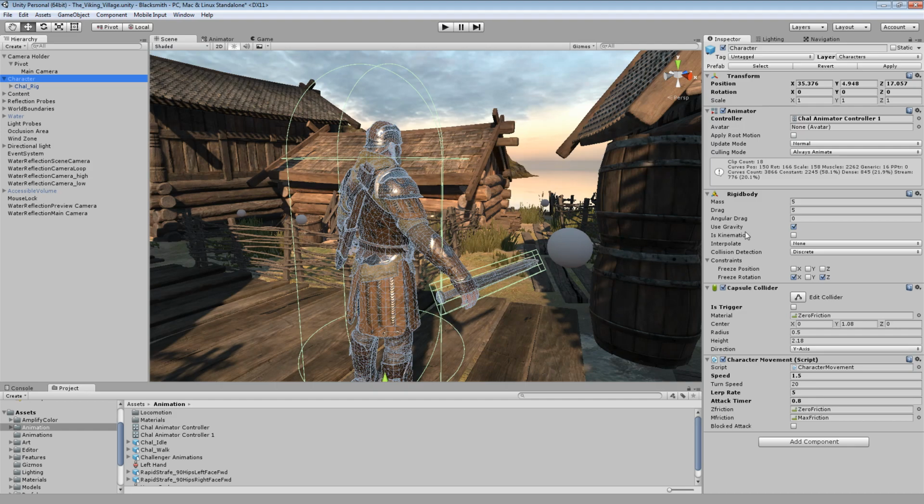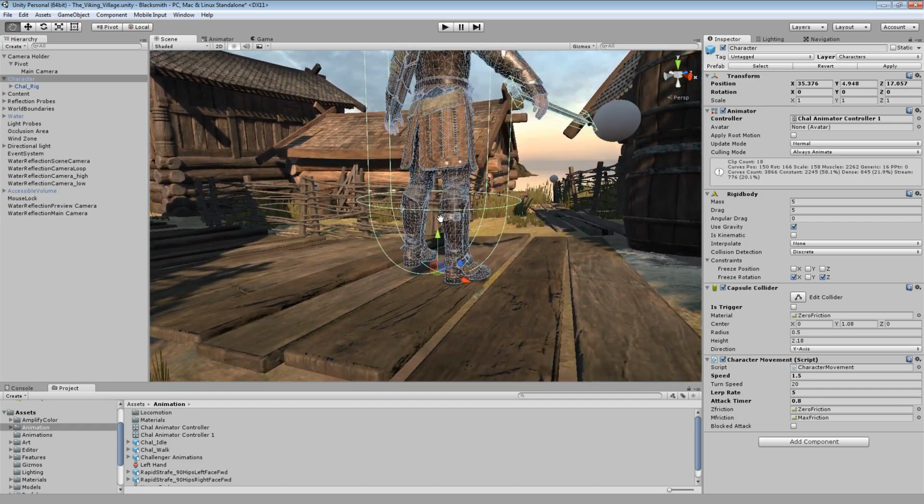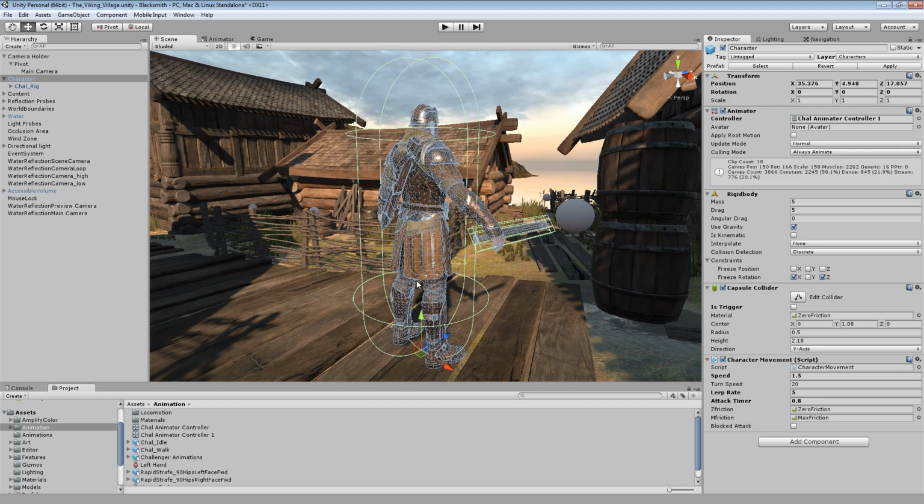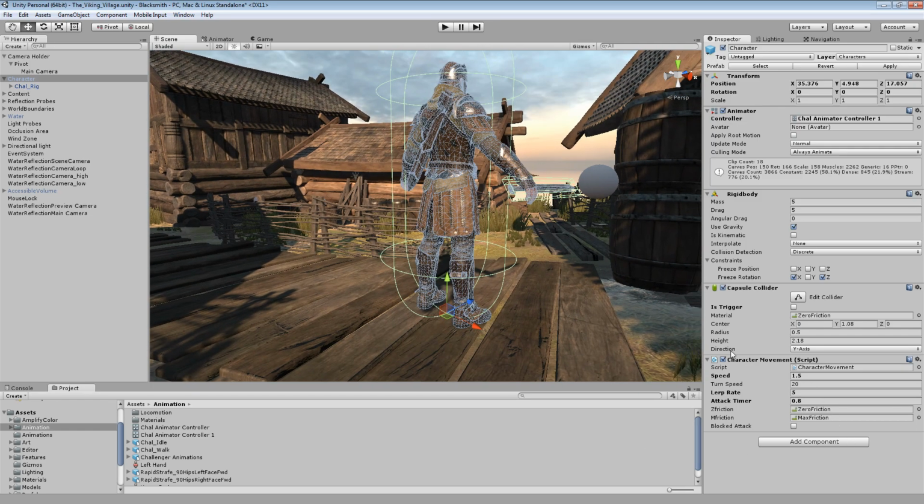Now you will need a rigid body. I've raised the drag to 5, of course, and you will also need a capsule collider and make it around the size of this. It will be okay, and you will add the script we are going to write. I'm going to disable this, and then